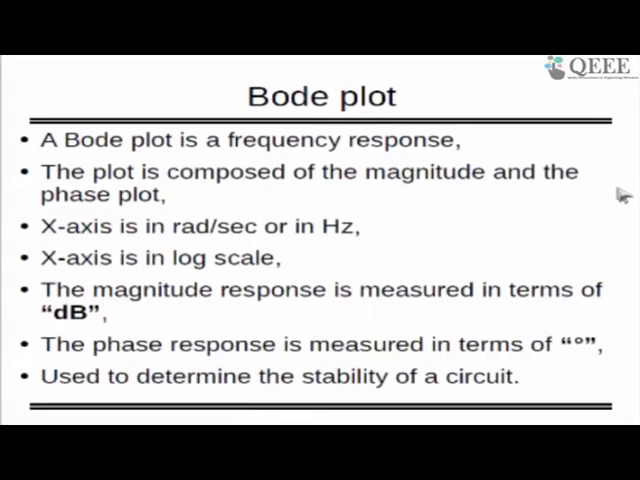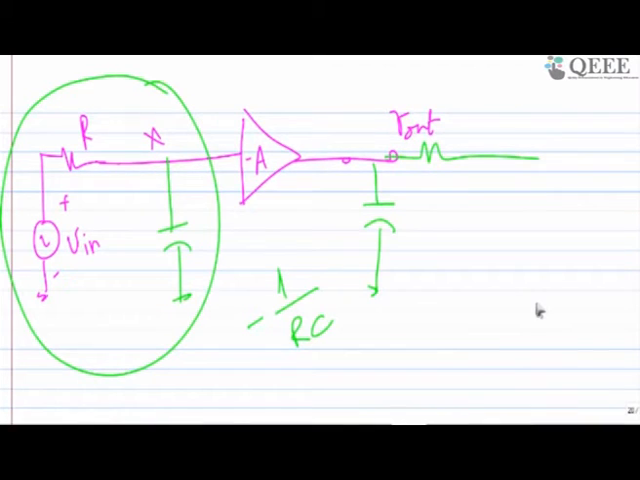So that Bode plot is the frequency response and it's composed of the magnitude and the phase plot. The x-axis will be in radian per second or in hertz, and the x-axis is in log scale, and the magnitude response is measured in dB. dB is 20 log Vout by Vin, and the phase response is measured in degrees. And this is used to determine the stability. What do you mean by stability? I mean to say that your phase margin should be greater than 35 degrees, or